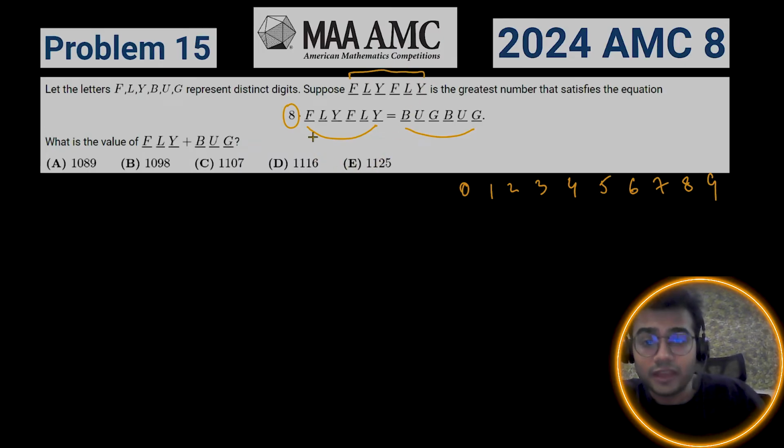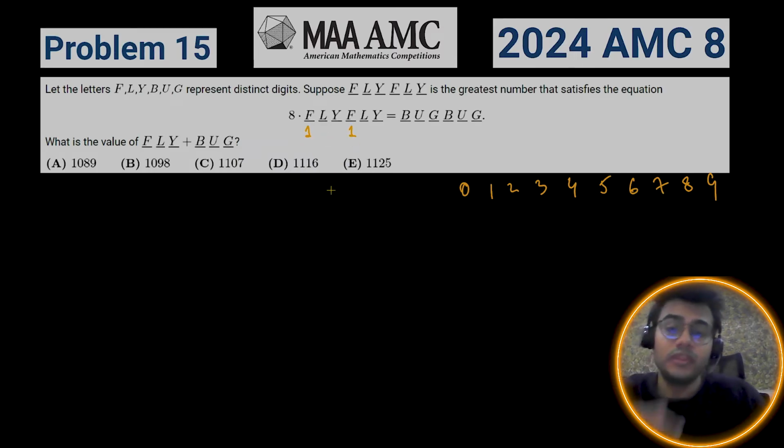So the greatest value that F can take in this scenario is 1. Like it can't be 2, because if it's 2, then it's not going to be a 6-digit number anymore when you multiply it by 8, irrespective of what these digits are. So it can be either 0 or 1. Since we're going for the greatest, we'll take this as 1. So this is 1, this is 1. Now,